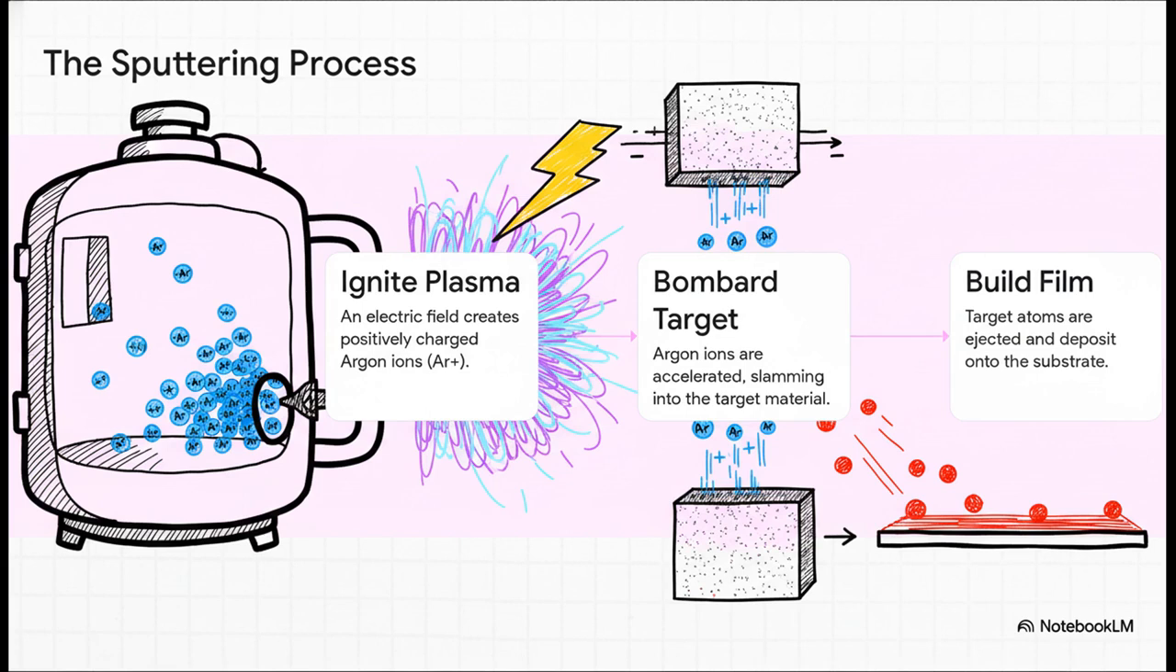The whole process plays out in a few steps. First, you start with a vacuum chamber and fill it up with a little bit of argon gas. Then, you hit it with an electric field, which ignites the gas into a plasma. That's the cool purple glow. This strips electrons from the argon atoms, creating positively charged ions. Next, those positive ions get accelerated by the electric field, and they slam into the target material. Finally, that impact knocks atoms loose from the target. They fly across the chamber and deposit themselves onto the substrate, building up, atom by atom, into a perfect, ultra-thin